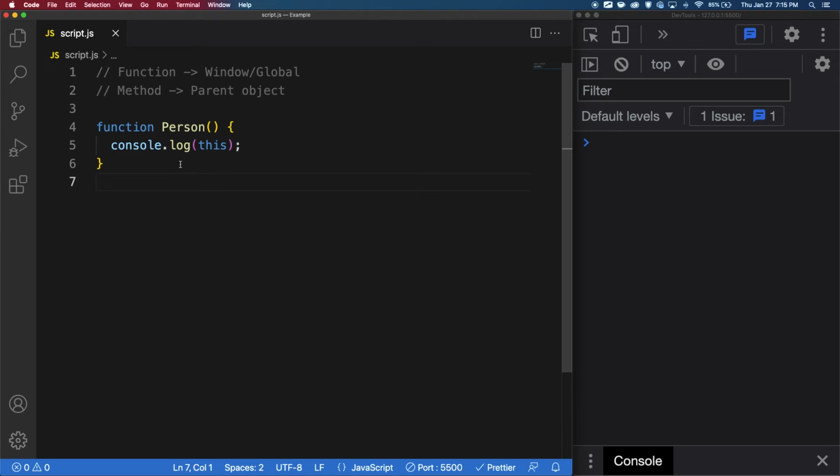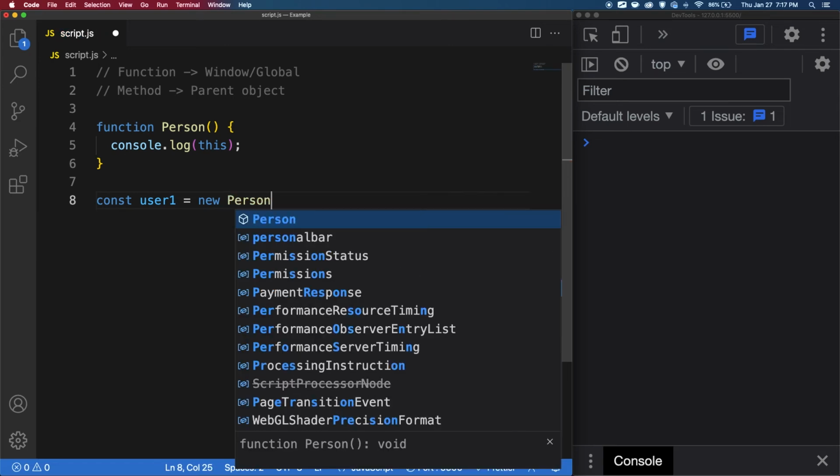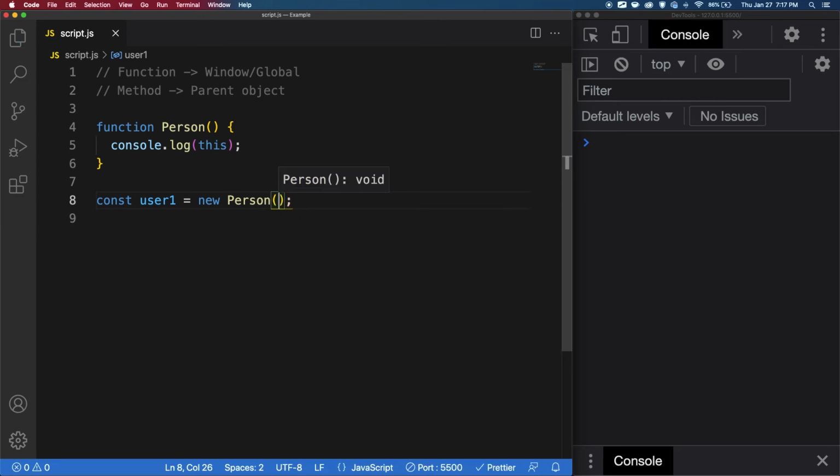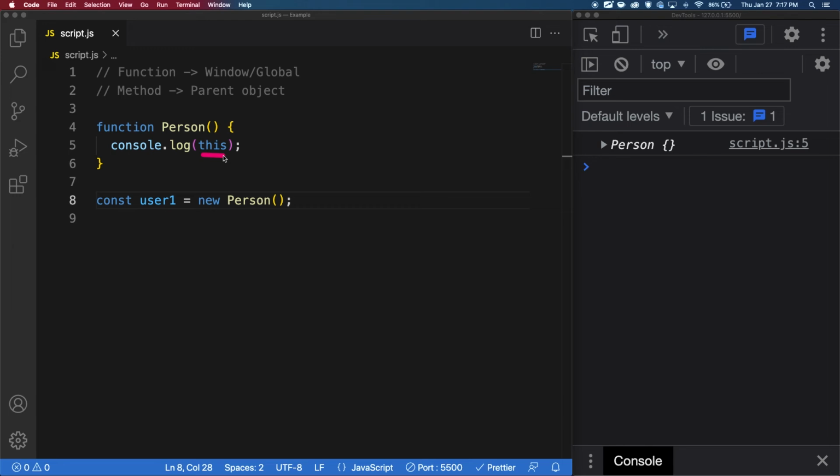All right, finally, we have the constructor function. Now we know it is a constructor because it starts with a capital letter. And think of these constructor functions as blueprints for objects that we can make. So let's do const user1 is equal to new, and we use the new keyword to initialize an object. And then we put person. And if I save, we can see that the this keyword is actually an empty object. So this is the gotcha that I didn't write up here. When you use the new keyword to create an instance of this constructor function, what you're doing is creating an